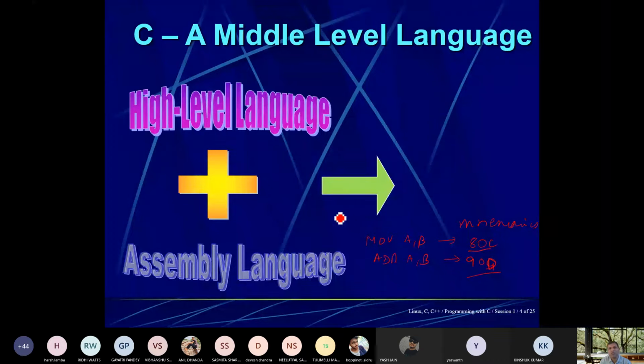So there is a meaning of these codes, and maybe in semester 3 or semester 4, you have one subject, computer organization. There you can see what the mnemonics are, how they are important, and how a computer understands the language of mnemonics. But these mnemonics are specific to a particular system.